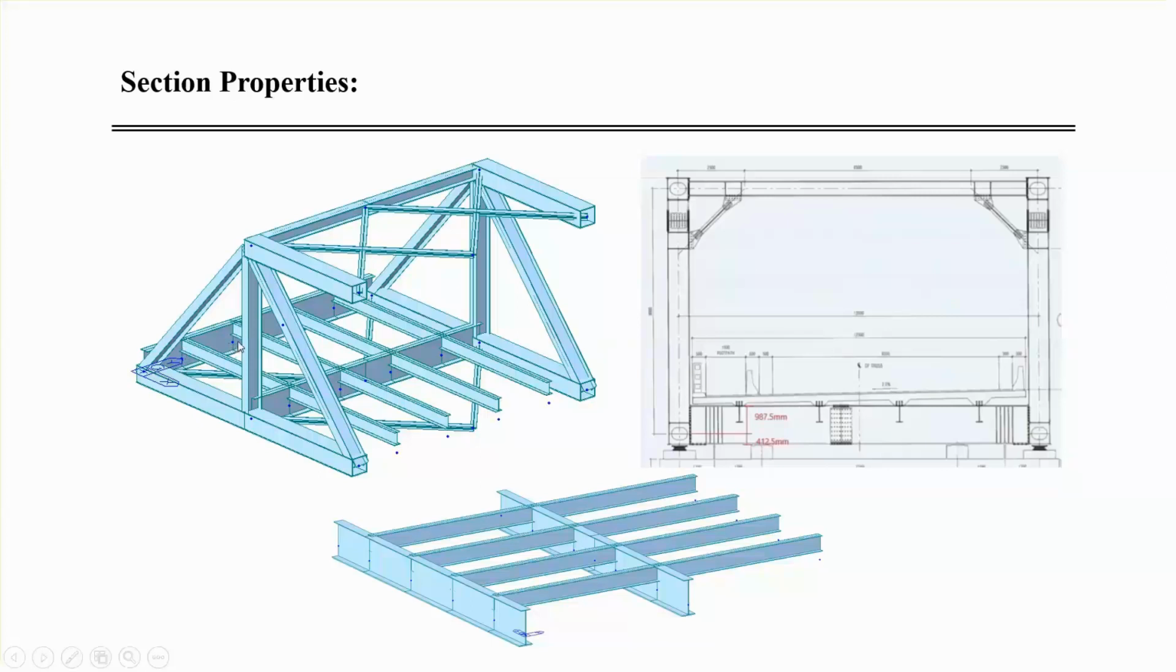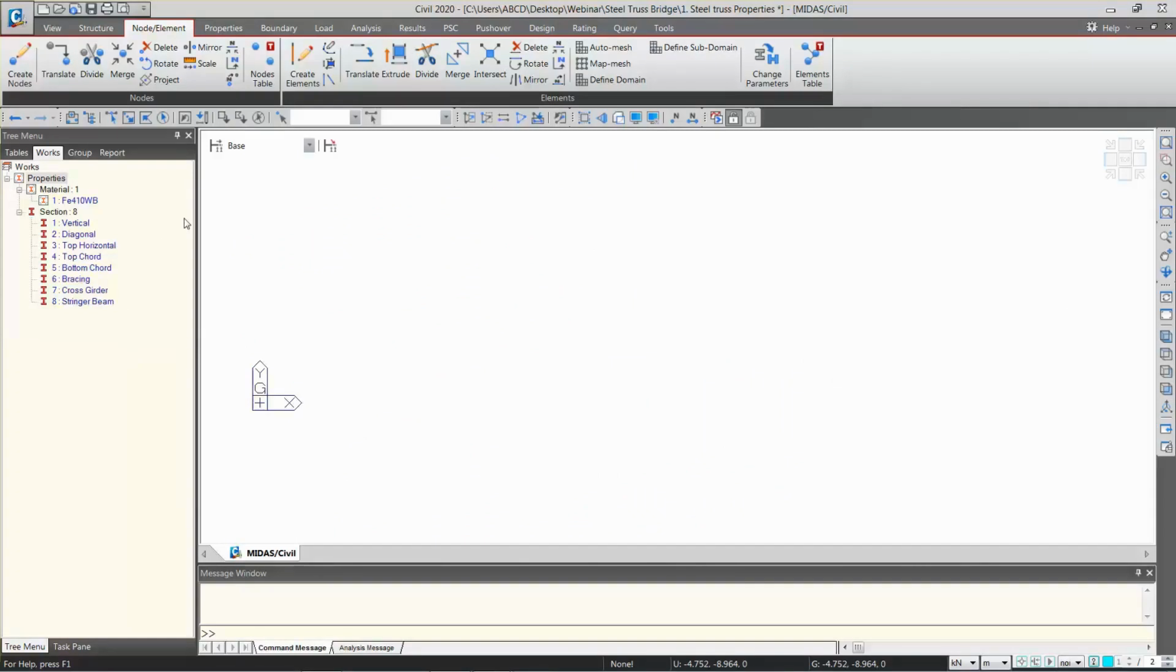Okay, these are the nodes for the cross girder locations, and these nodes are for the stringers. These nodes are for the stringers, right? So now come back to this. Now let's start with the modeling. We will try to model